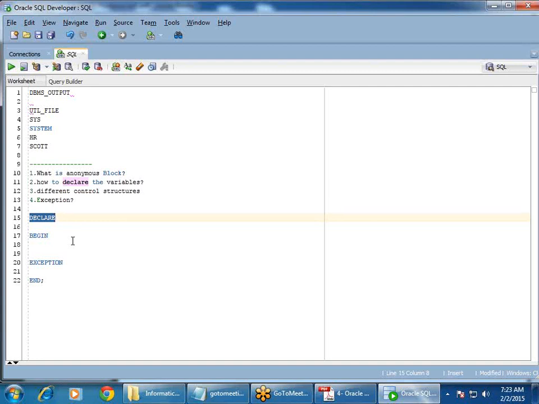Exception is nothing but a predefined or Oracle server error. When you're executing a program, if your program results in an error, that is called an exception. A simple example: before this we also talked about cursors. So when we talk about the exception block,